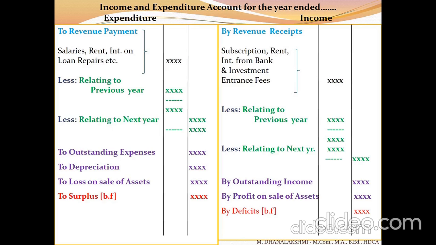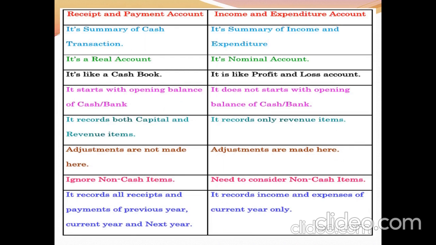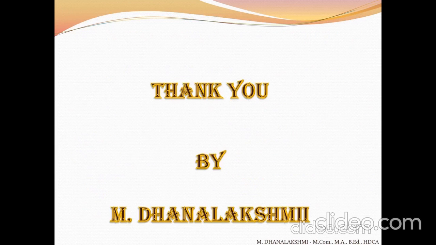And if you have any outstanding expense, you have to add it along with the respective account. Come to the income side. So you have to enter all the revenue receipts under the income side. So subscription receipt, rent receipt, interest receipt. If you have any income related to the previous year and next year, just subtract that amount from the respective account. If you have any outstanding